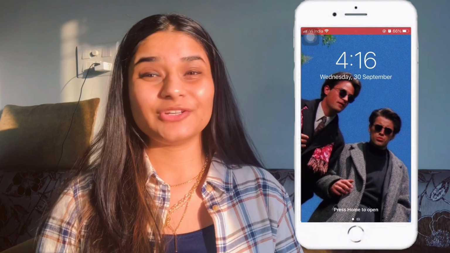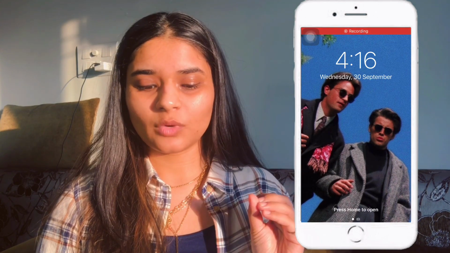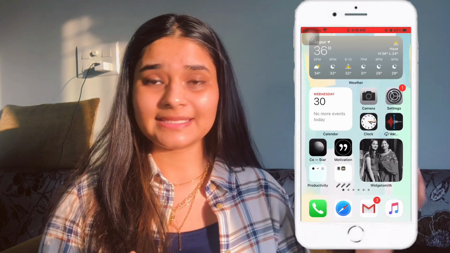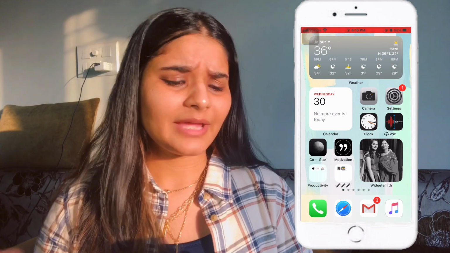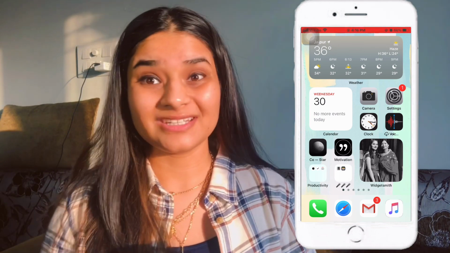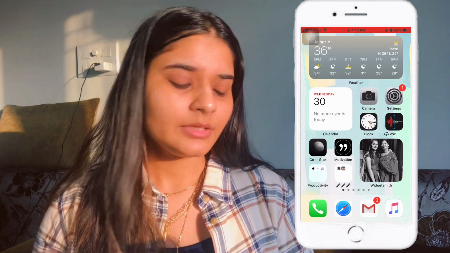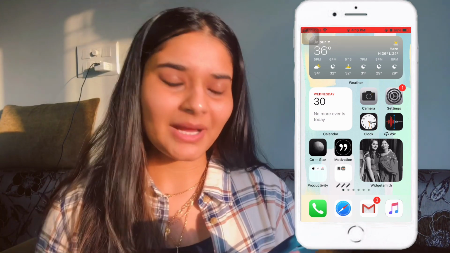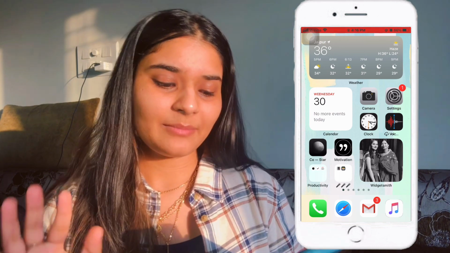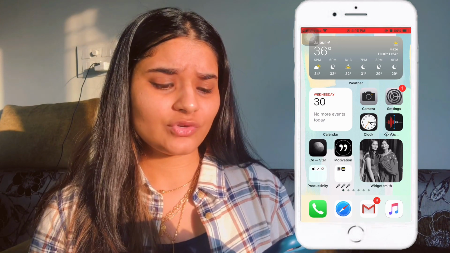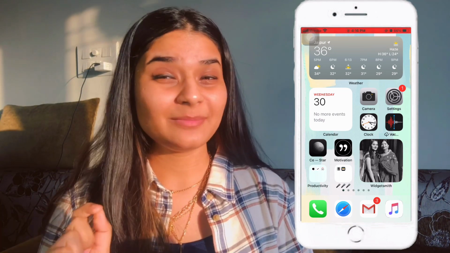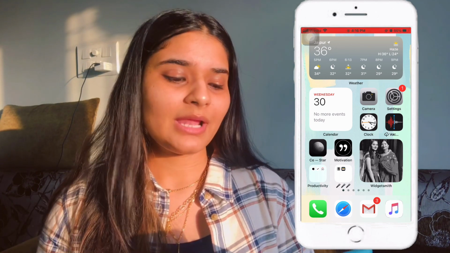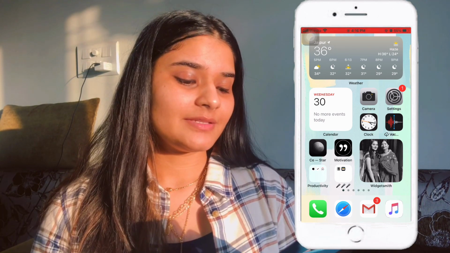I'm not even kidding. So as you can see, this is my lock screen. This is Chandler and Joey, and I love this wallpaper. Now when we unlock it, this is the first page of my home screen. It has a normal iPhone widget, which is temperature because weather is important. Second is my calendar. Then I have this cute photo with mama on the first page to match the grey black aesthetic of the first page. My home page wallpaper is very subtle. I did not want to add much color to it, but it's a little bit of blue so that it also goes well with my lock screen, and I really love this.